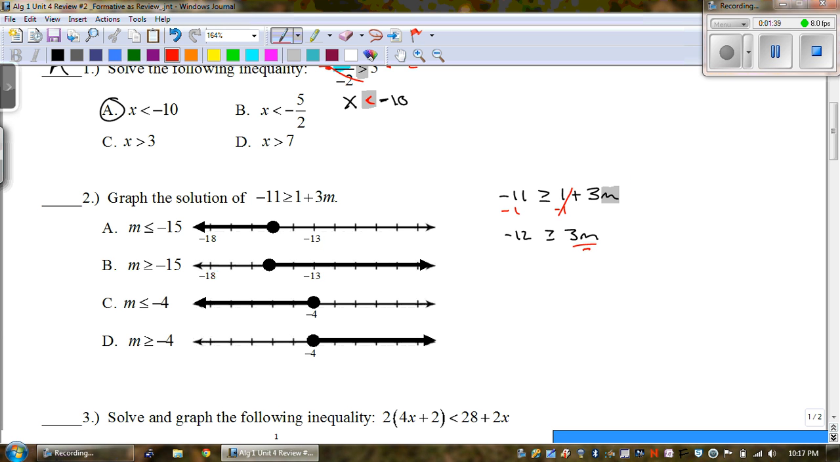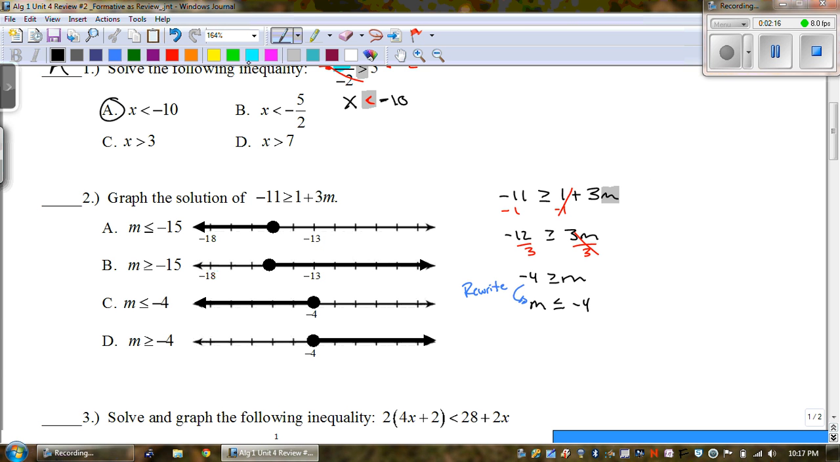To get the m all by itself, I'm going to divide both sides by 3. Now, I am not dividing by negatives, so that sign stays the same. Now, the only thing that's wrong with this is anytime we graph, we want our variable first. So I'm going to rewrite this. -4, the inequality is pointing at the m. I'm going to make sure it stays pointing at the m. Okay, so we got m is less than or equal to -4,